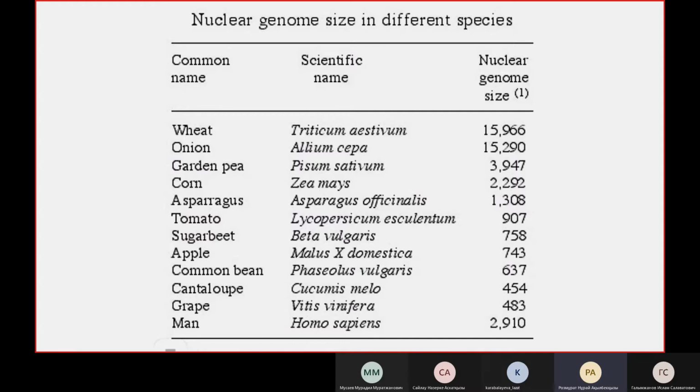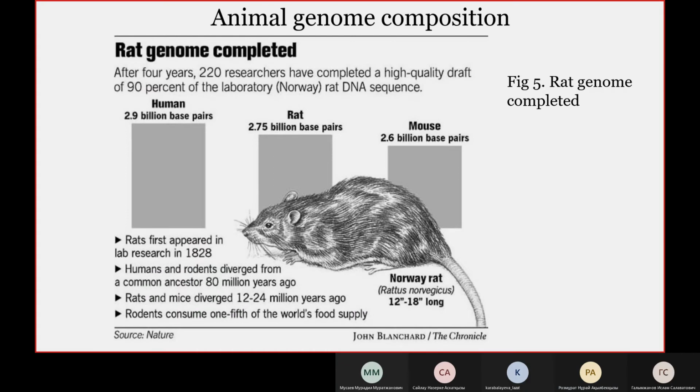Plant genomes contain various repetitive sequences and also retrovirus-like retrotransposons containing long terminal repeats and other retroelements, such as long interspersed nuclear elements and short interspersed nuclear elements. These retroelement insertions contribute to the large difference in size between collinear genome segments in different plant species, as you can see in this picture, and also to 50% or more difference in total genome size among species with large genomes, such as, for example, corn. And the next is animal genome composition.